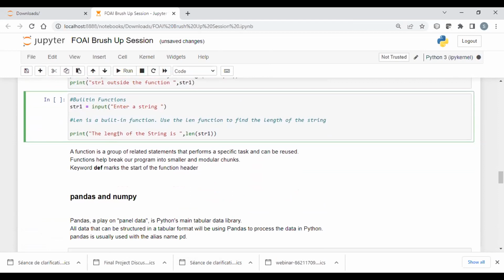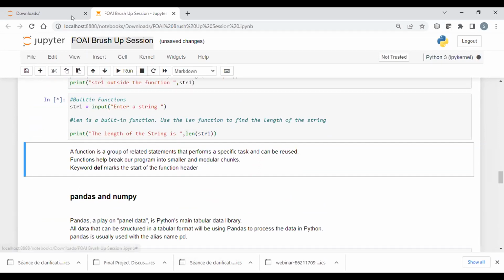All right, now let us talk about the built-in functions that we have. We are looking at the length function. That is a built-in function that we generally use with strings to understand what the length of a string is. So here we are going to input a string, and then we are going to check what the length of the string is. We can directly use len bracket. We pass the string here to see what length comes up.